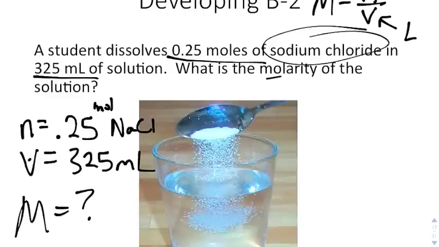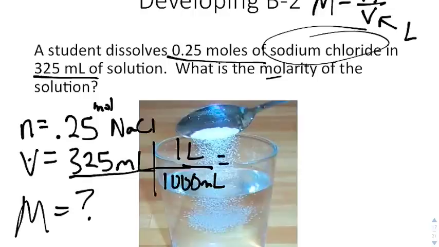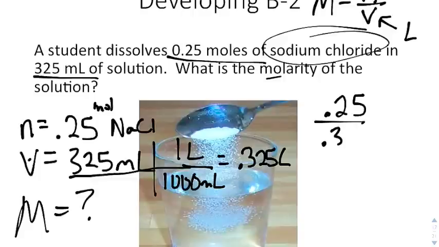So we need to convert milliliters to liters, and we do that by doing dimensional analysis. We say that there are 1,000 milliliters in 1 liter, so our total volume is 0.325 liters. Now that we have that, we can substitute our numbers in, and we would say 0.25 moles divided by 0.325 liters. And when we divide that out, we do 0.25 in our calculator divided by 0.325, and we end up getting something like